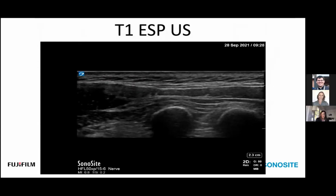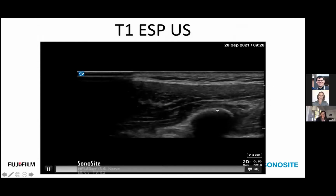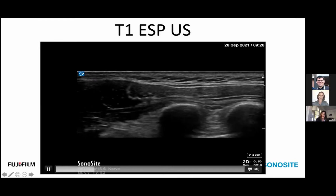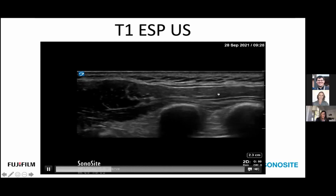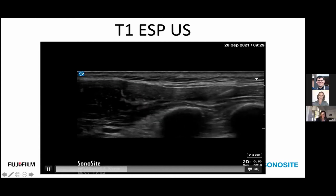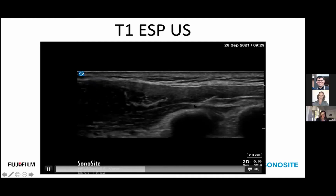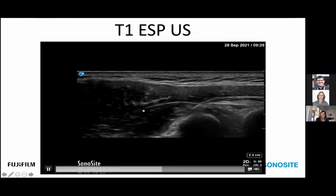Here's the ultrasound video, the transverse process right here, the erector spinae muscle. The needle will be coming in from the right-hand side of the screen. Now, as you can see, I'm using a linear transducer. This is a much more superficial block, and a curvilinear transducer would not be helpful. The needle is going to go right here. The tip is there. You can see the local anesthetic spreading